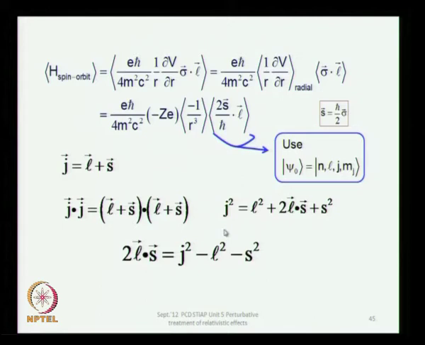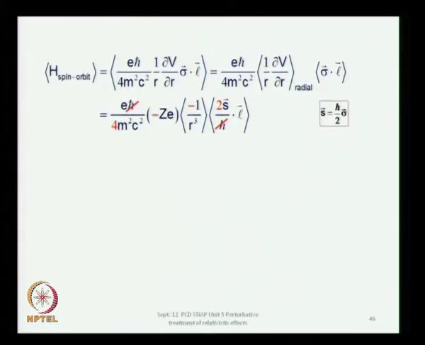So, what you need is the average value of s dot L, which is effectively the average value of 1/2 of j square minus L square minus s square. Okay. But j square, L square, s square will give you the corresponding eigenvalues. So, the eigenvalue of j square is h cross square j into j plus 1, the eigenvalue of L square is L into L plus 1, and here the h cross cancels, these two minus signs will take care of each other. You have got a 2 here, there is a 4 here, so that will give you